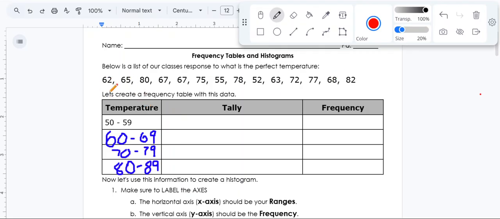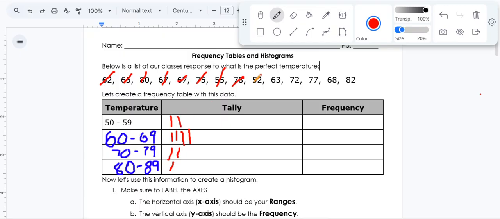Like I see, there's a 62 here. Well, that's in my 60s, right? So I'm going to make a tally mark, and I'm done with that one. 65 is also in the 60s. 80, someone likes it hot. That'd be down there. And I'm going to keep going on until I am done with all of my numbers here. 75 would be in the 70s. 55, that's like me, I like it cool. 78,